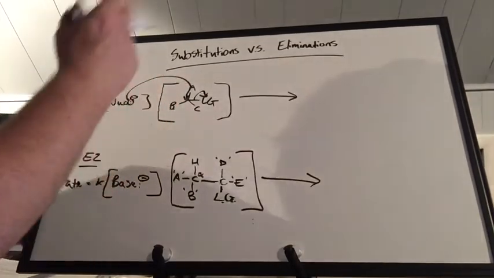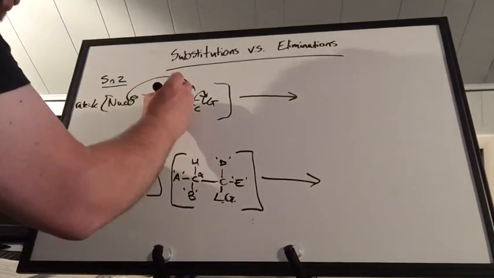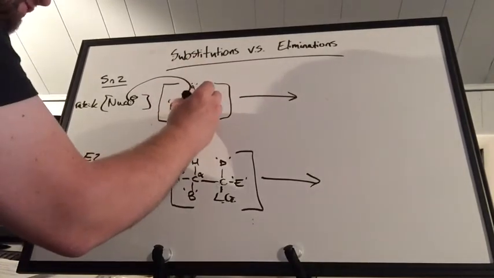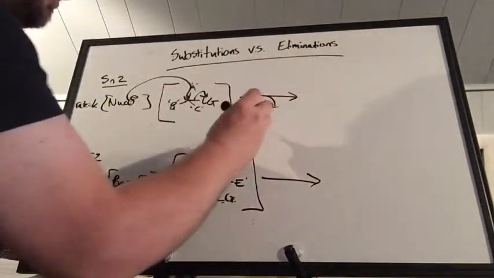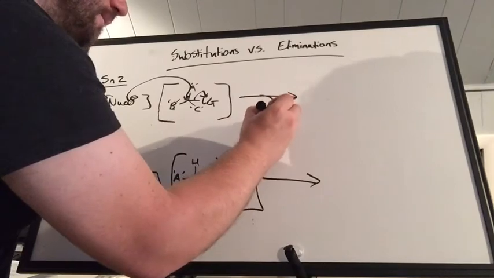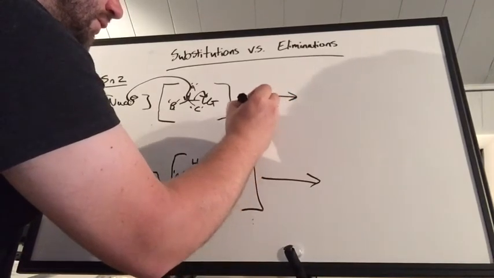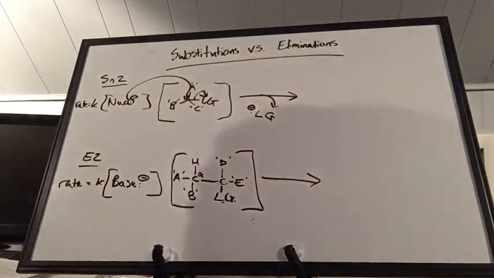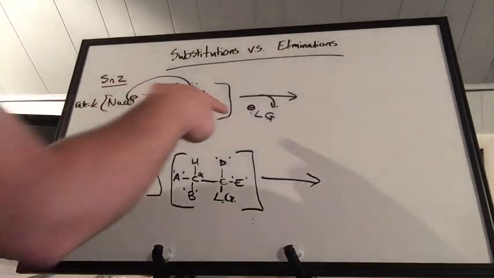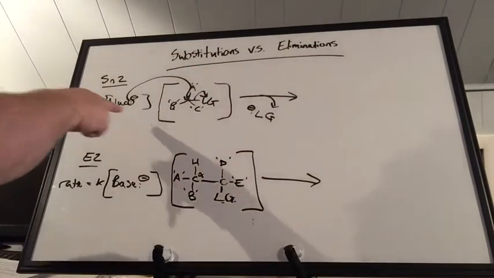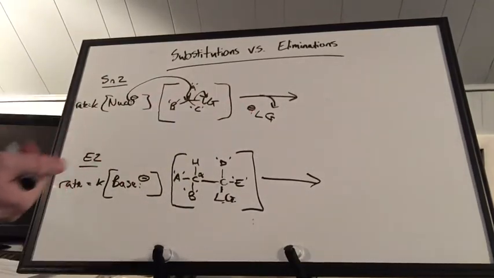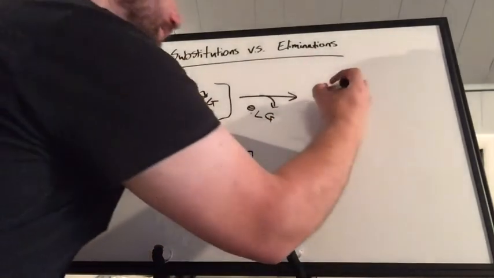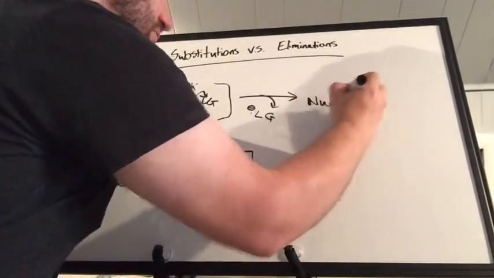So A, B, C, again, those are just generic forms. I could really put quotation marks, if you will, beside each one. Okay, but that leaving group is going to go and it's going to take those electrons with it, okay? So it's going to be some kind of stable anion that's going to rest there, and it's going to leave. So in other words, whatever the positive charge here that was stabilizing this particular nucleophile is probably going to stabilize that leaving group. Okay, so as a result, you're going to have the nuke that is substituted